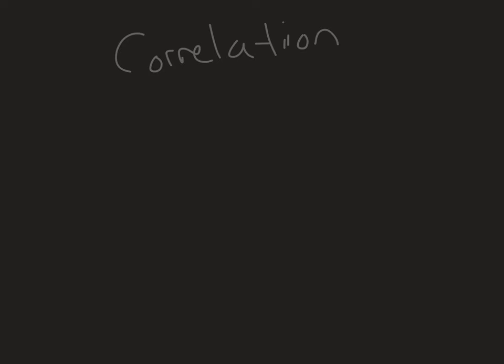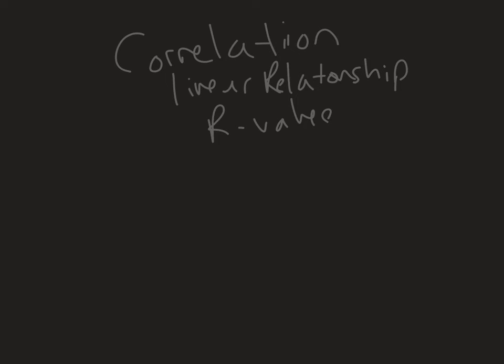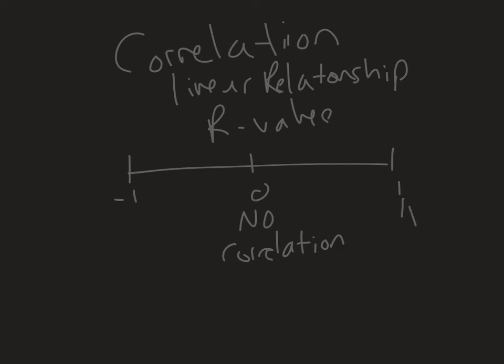Correlation is a word describing that there is a linear relationship between two potential values, or that there is a very close to linear relationship. Now there's different ways of measuring it. The whole idea is using an R value, and the idea is that R bounces between -1 and +1 and 0. 0 being there is no correlation, meaning there's no line of fit that really makes sense. 1 being a perfect